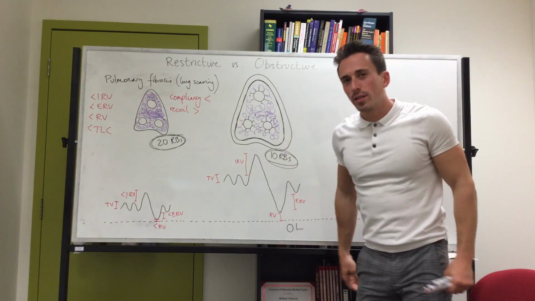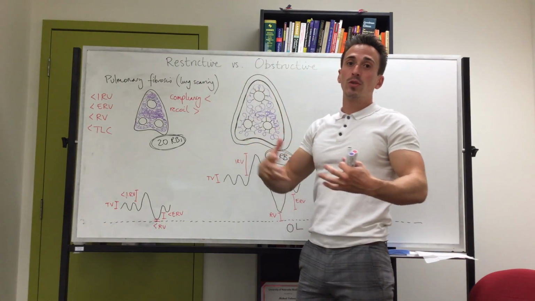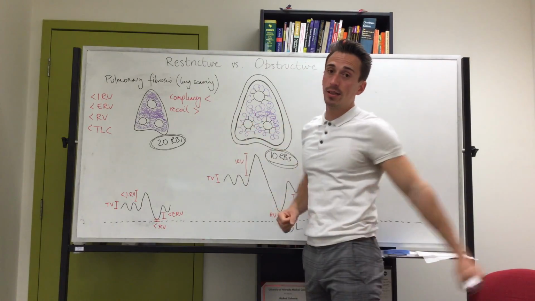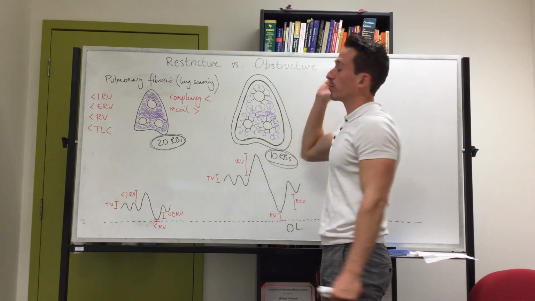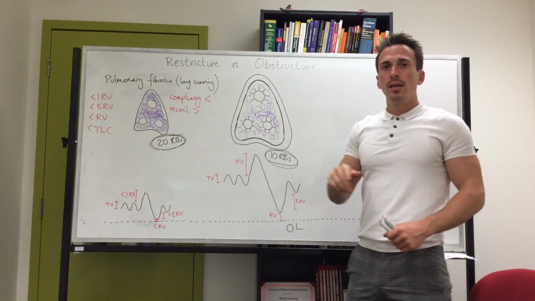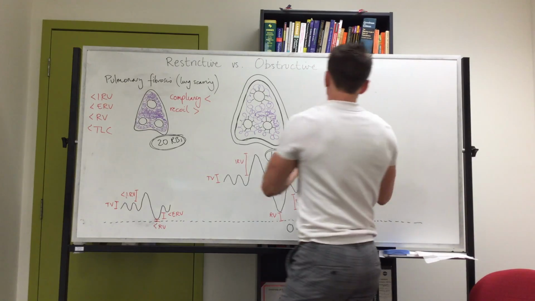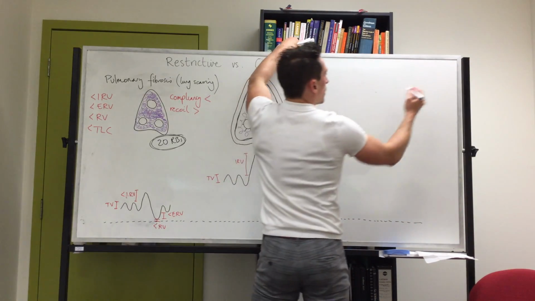Let's look at obstructive diseases. How do they differ? Well, restrictive is some sort of difficulty in expanding the lung tissue. Obstructive is some sort of obstruction in the airways. So here are the airways. Now, there's a couple of common obstructive diseases you need to be aware of. These common obstructive diseases include